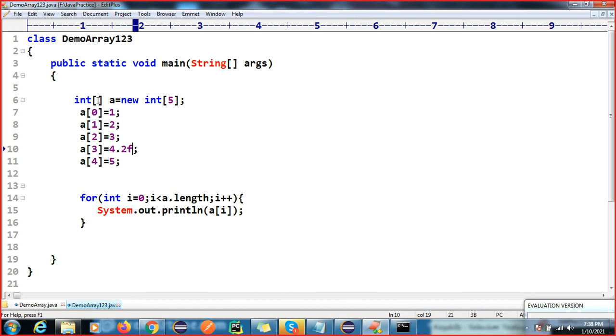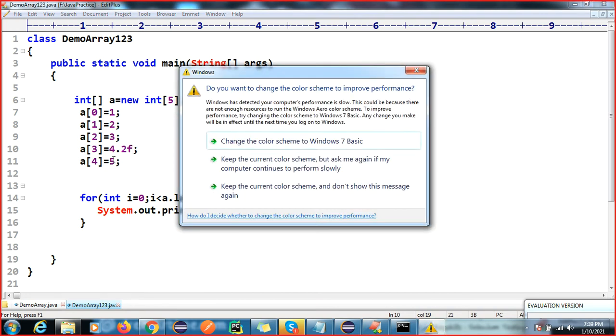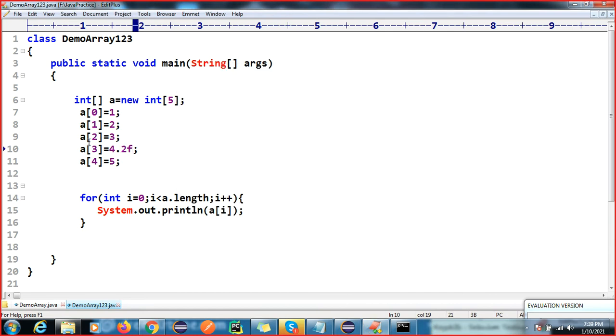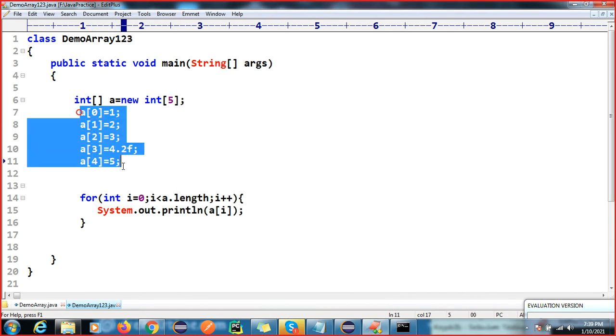So if I am storing different types, is this concept called homogeneous or heterogeneous? According to what we are going to discuss, this is the homogeneous type, right?